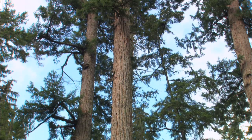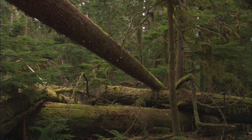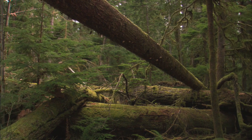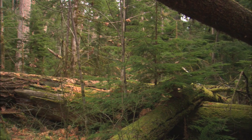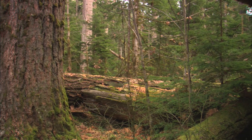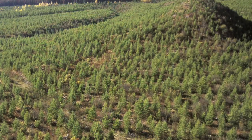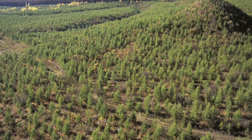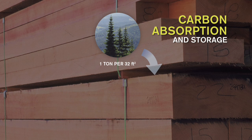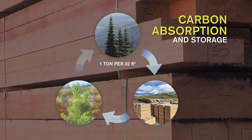As the tree matures, growth slows and less carbon is absorbed. In an unmanaged forest, the carbon remains stored in the roots, stems, and branches until the tree decomposes or burns. At that time, much of the carbon is released, mainly as carbon dioxide. In a sustainably managed forest, this cycle of carbon absorption and storage represents a readily available solution to climate change. That's because wood products continue to store the carbon absorbed by the trees, and the new forest once again begins